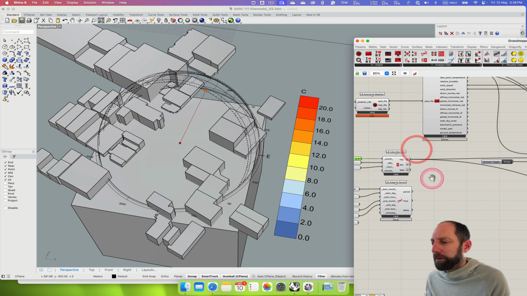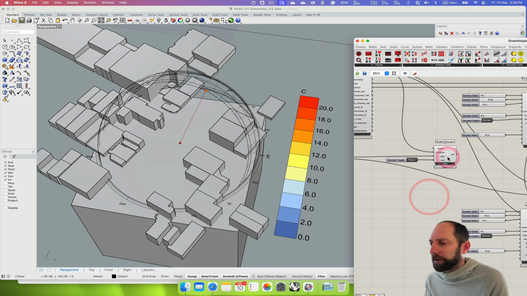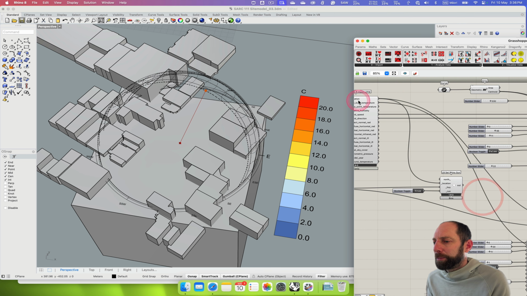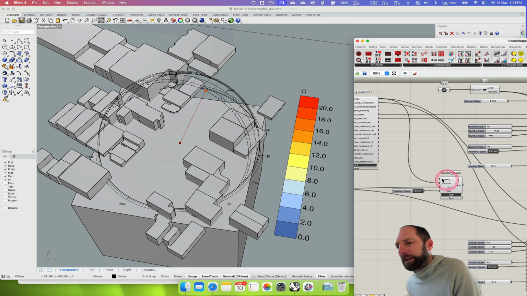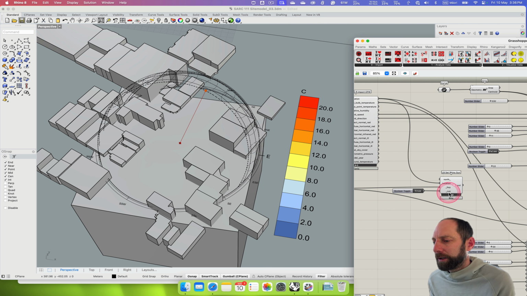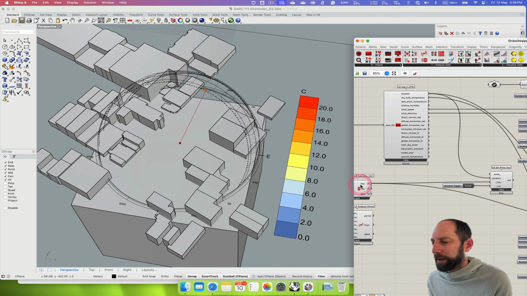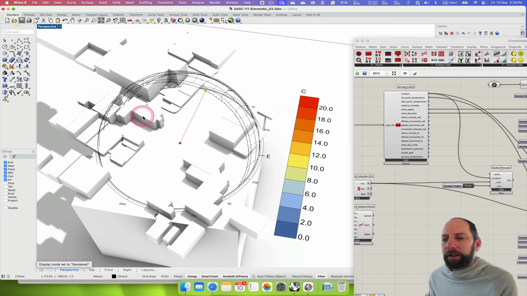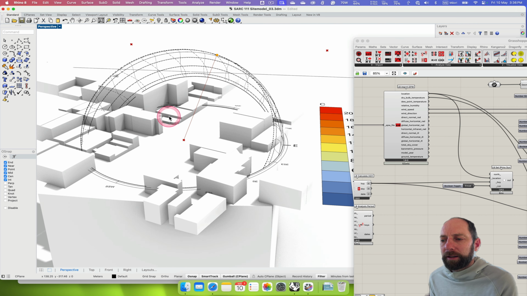Another feature of Ladybug is we can get Ladybug to set the Rhino sun. So this is really, really helpful. Here we're pulling the location, so that automatically pulls the location of the weather file, and then we can feed, in this case, the HOI information directly into there, and then we can tell it to run. So that is now running. So if I turn on rendered, you can see that it's starting to give us a bit of a